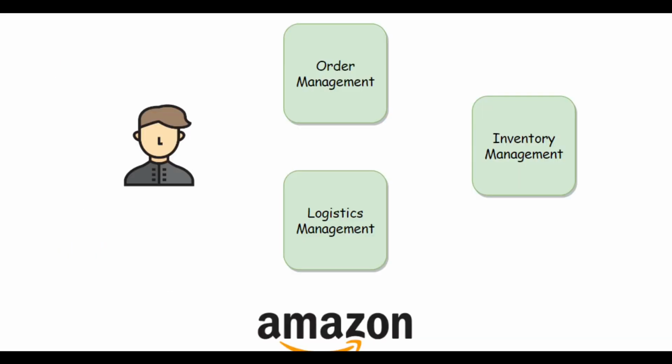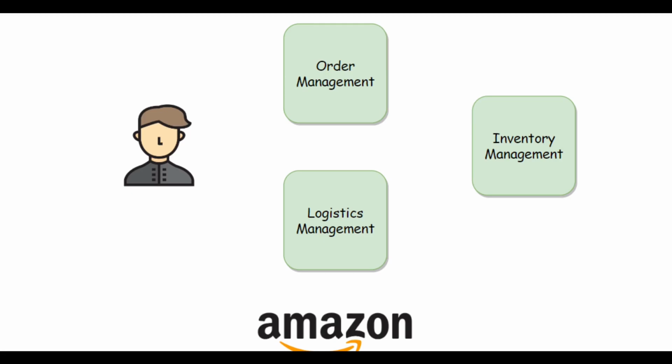Now the rough representation of Amazon in microservices architecture is divided into 3 different modules to do the order management, inventory management and logistic management. Here logistic management is doing the delivery and checking if it could be delivered to the user or not. Inventory management is checking if there is enough inventory of that product that the user wants to order. Order management is obviously just going to order or add to the cart for the user and then order it to the user. So this is the rough representation of microservices architecture.